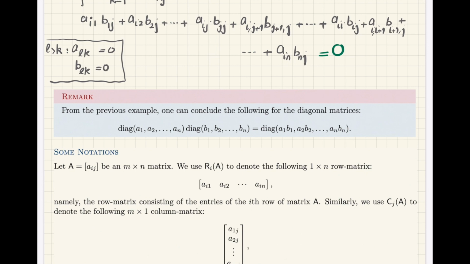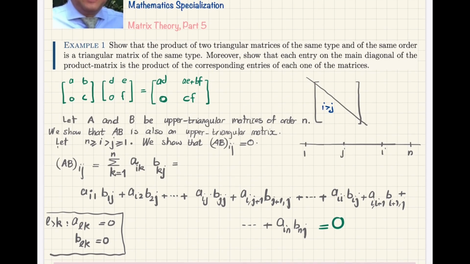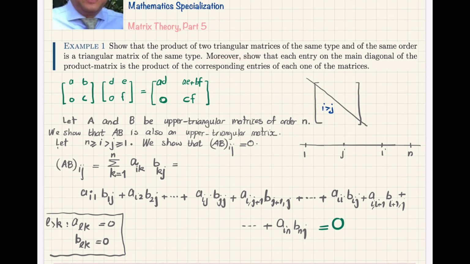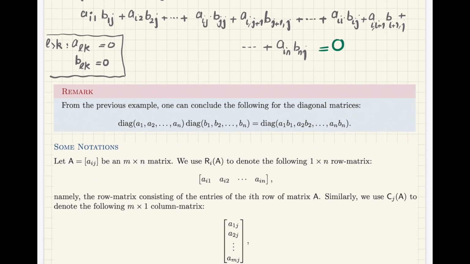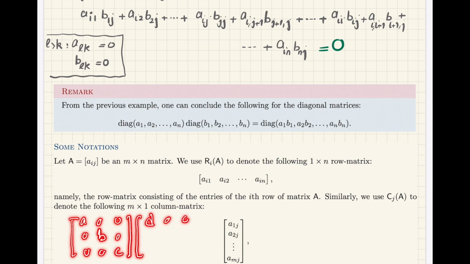So definitely the product should be a diagonal, because if a matrix is both upper triangular and lower triangular, it is a diagonal matrix. And then here we showed that, moreover, the entries on the main diagonals are the product of the corresponding entries. So what does it mean? Let me show it to you. For example, if I have this matrix A 0 0, 0 B 0, 0 0 C, it's a diagonal matrix. If I multiply it by this,